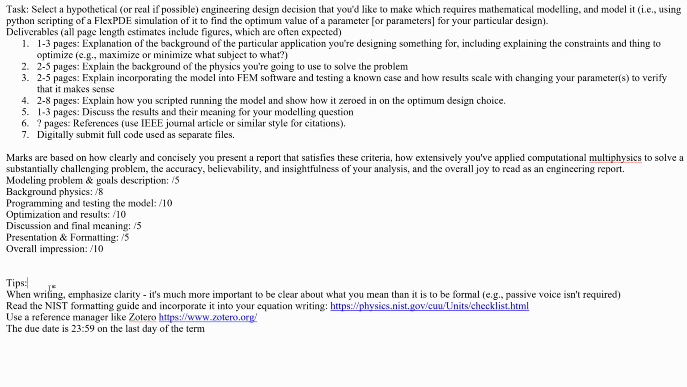Let's go over some tips. When you're writing, it's most important to be super clear, right? So you see that some of the marks here are based on how clearly and concisely you present a report that satisfies the criteria. It's more important to be clear than it is to be formal, so passive voice isn't required. What I'm talking about here is rather than saying something like